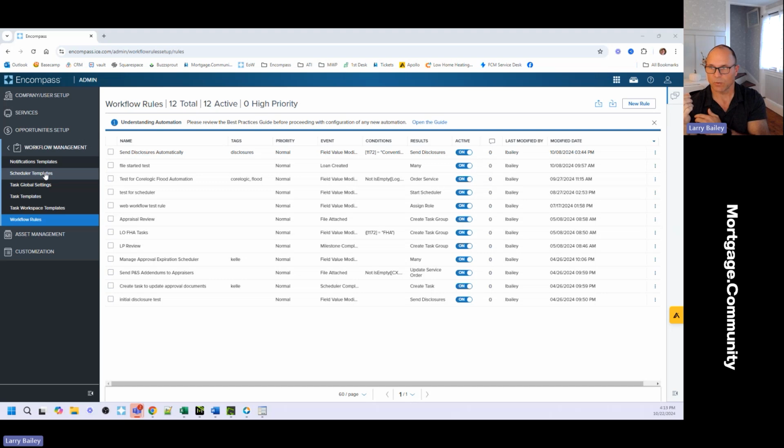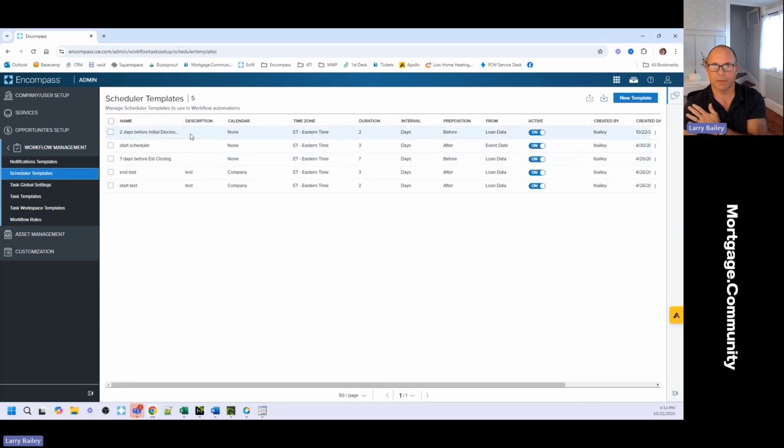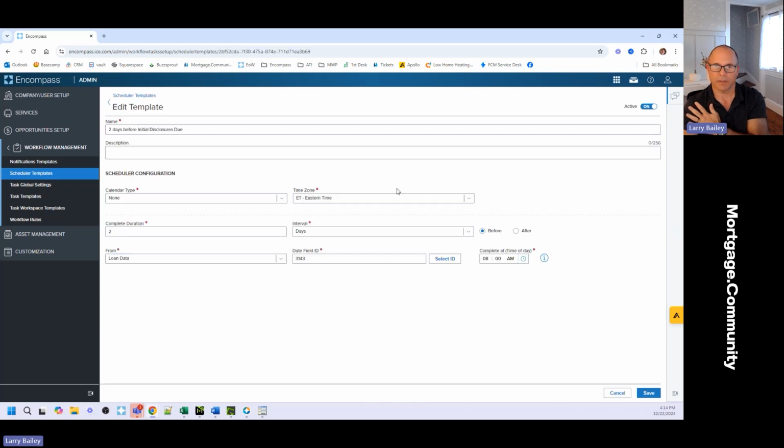Who wants to guess what's going to be the activator to start it? Anybody have any ideas? Hopefully it's coming to you very quickly, because the idea here is that we know we want to count, right? If we go back into that scheduler and look at the source of the counting, 3143. So you could do an activator of 3142, but because the data source is 3143, you may want to use 3143 in this case, Kirsten.